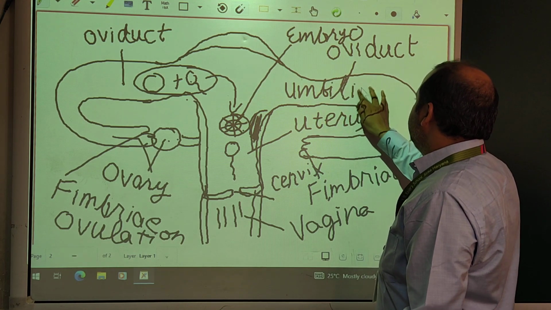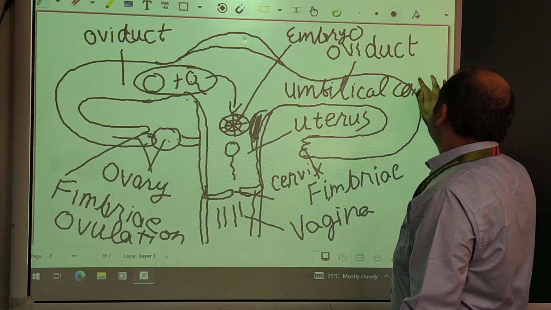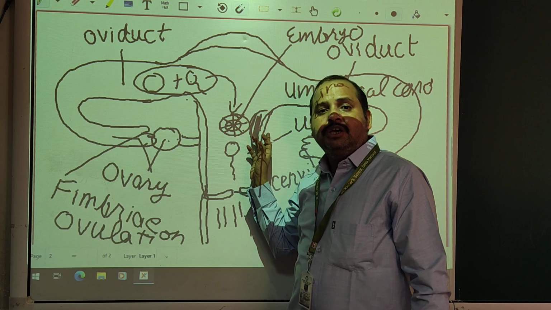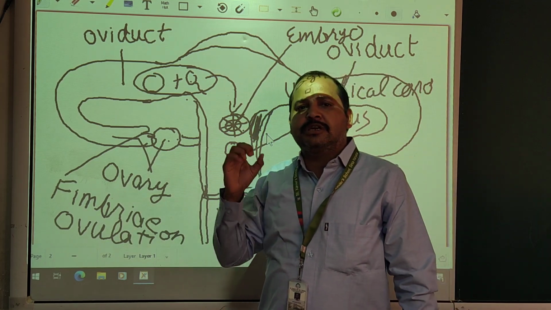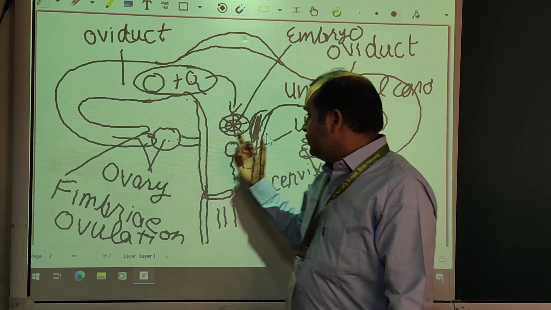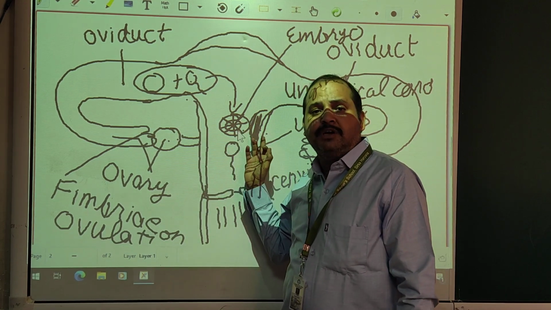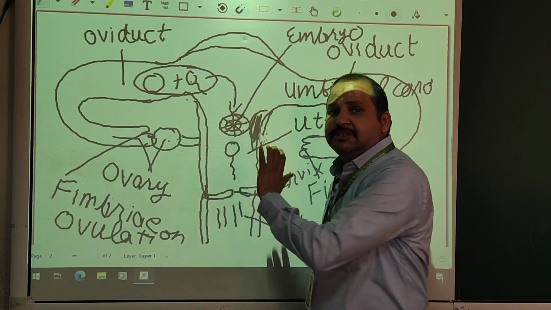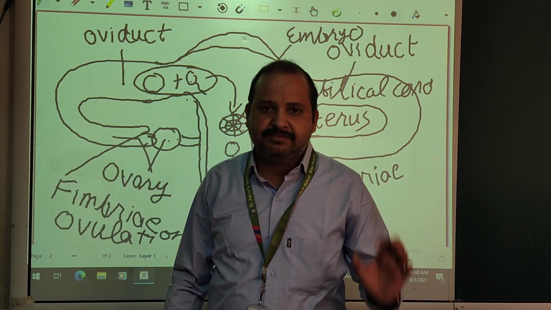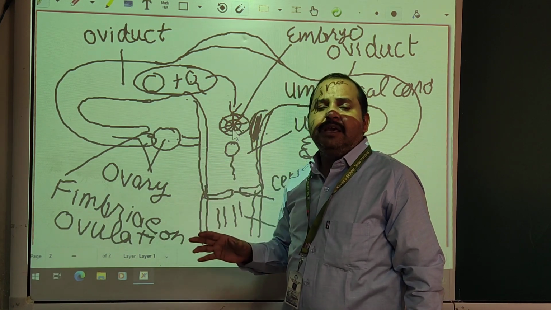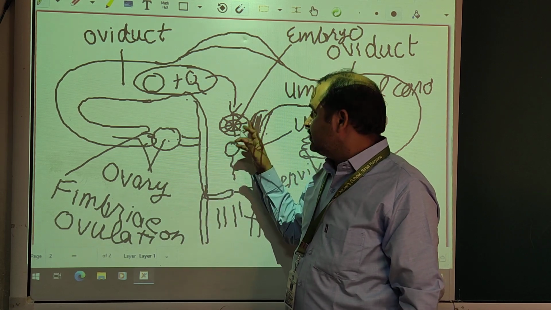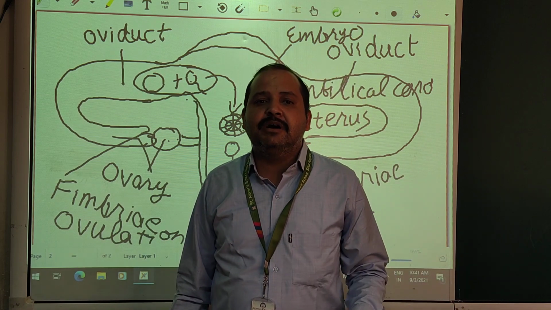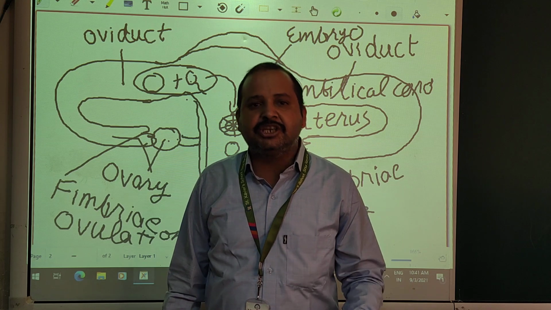This umbilical cord is a pipe-like structure by which the embryo is connected to the uterus. The topmost part of the umbilical cord is the placenta. This embryo will get food from the uterus, and when the zygote connects to the uterus, this is called implantation. The embryo will remain in the female body for 9 months. That 9 month or 280 day period is called the gestation period.